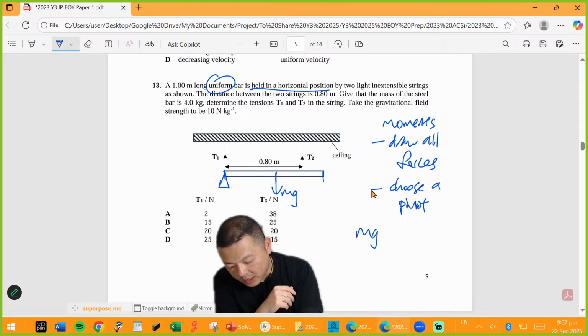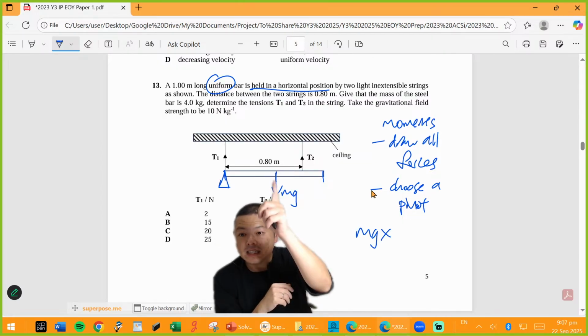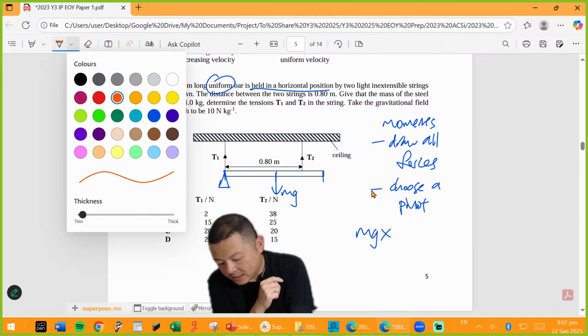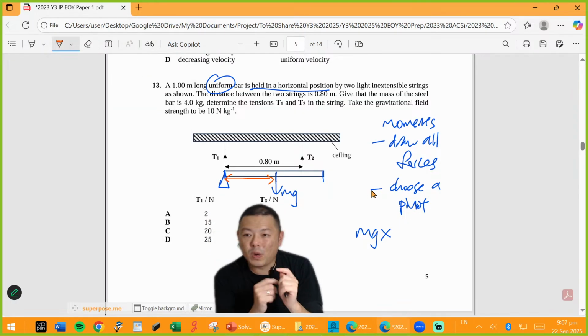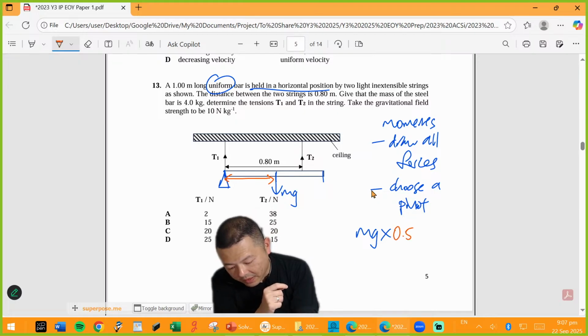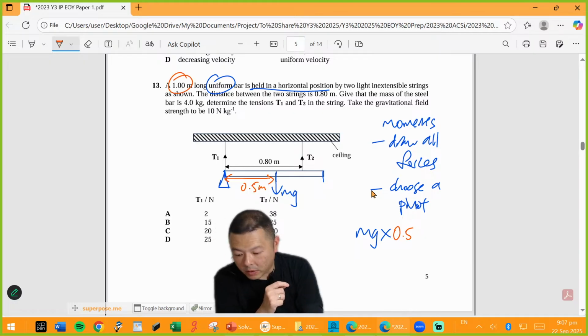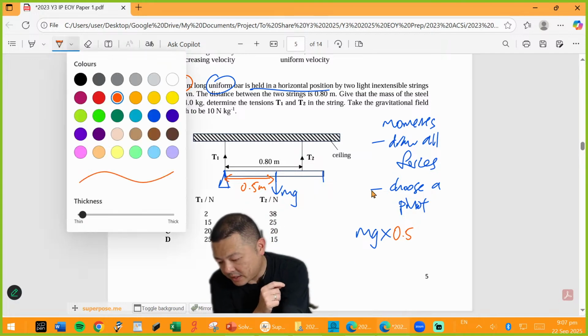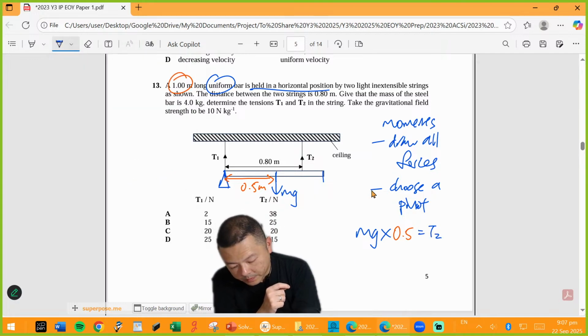So mg times the distance of mg to the pivot. Do you see the distance here? What's that distance? That's super important. 0.5, good. 0.5 times 0.5 meters. Why is that? Because it's 1 meter long. And it's balanced by the other moments, which is T2 times